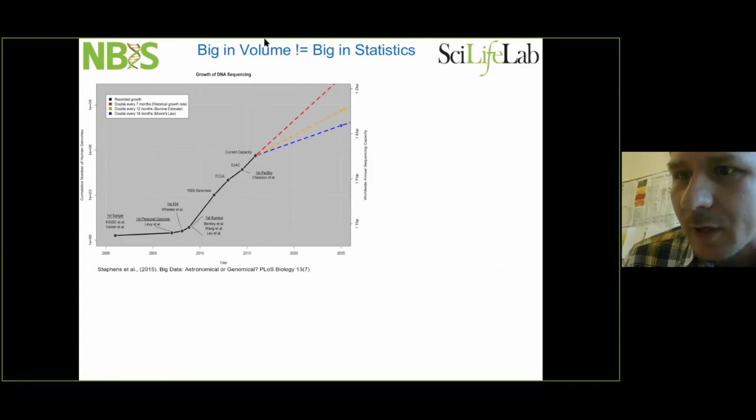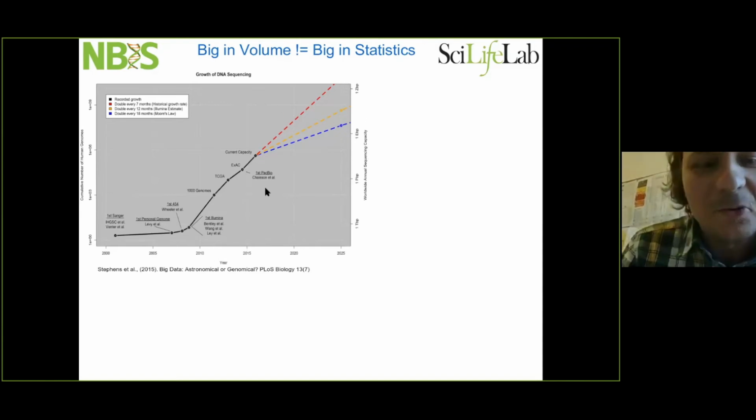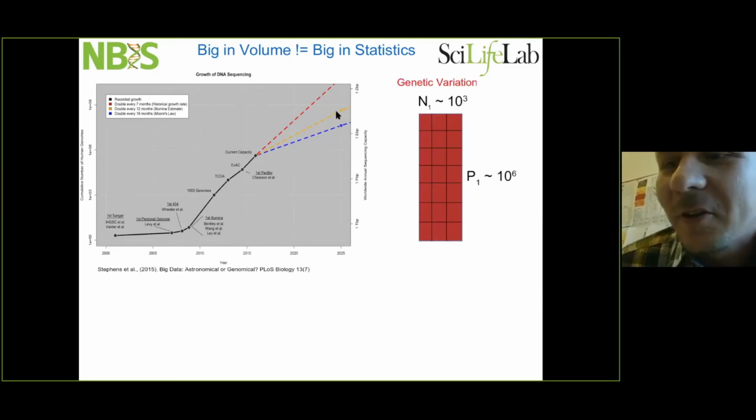Like genomics, the genetic variation data. I was working with archived 6 terabyte files, genetic variation files. They're huge. It doesn't mean that they're very useful. Indeed, there is a lot of enthusiasm in life sciences that we are sequencing more and more. We have huge amounts of data in size or in volume. But if you display genetic variation data